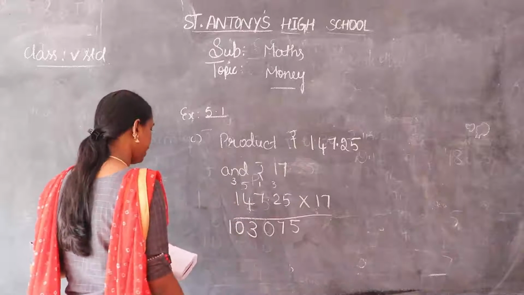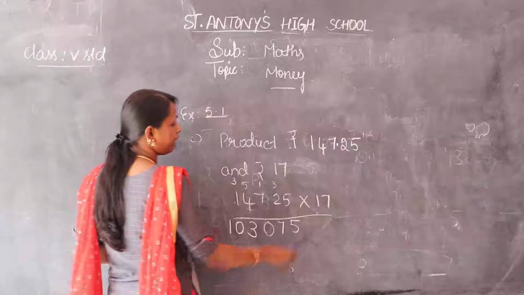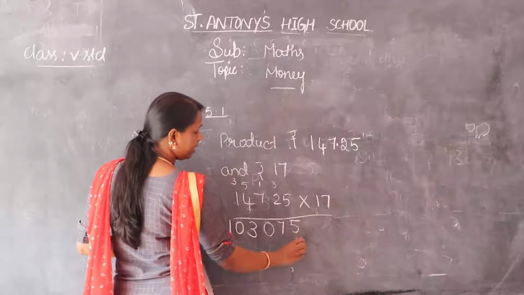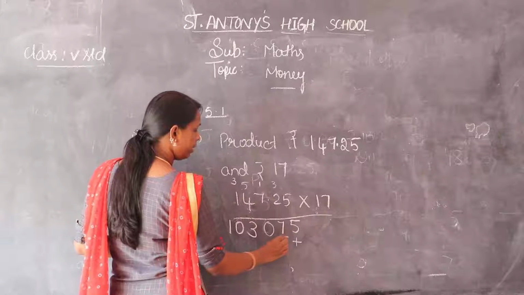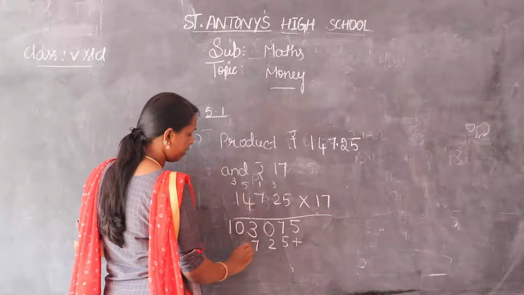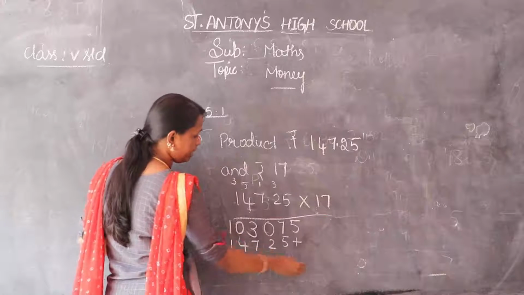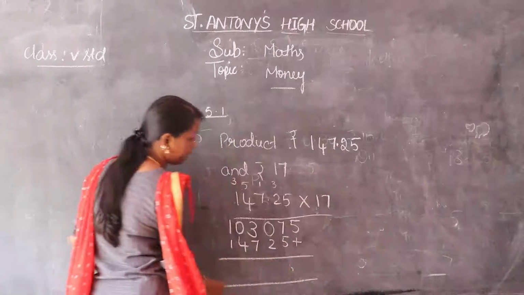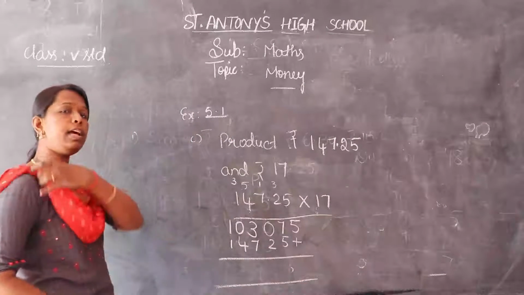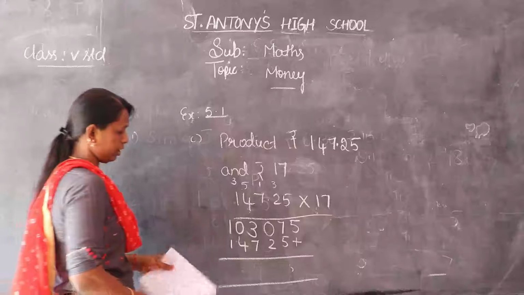10. Okay. And then multiply by the number 1, in the tens place. 1 5 is a 5. 1 2 is a 2. 1 7 is a 7. 1 4 is a 4. 1 1 is a 1. Now we have to add, because multiplication is a repeated process of addition.